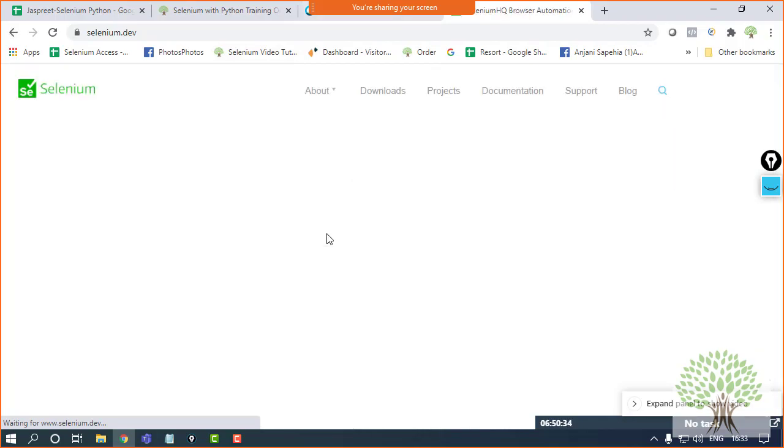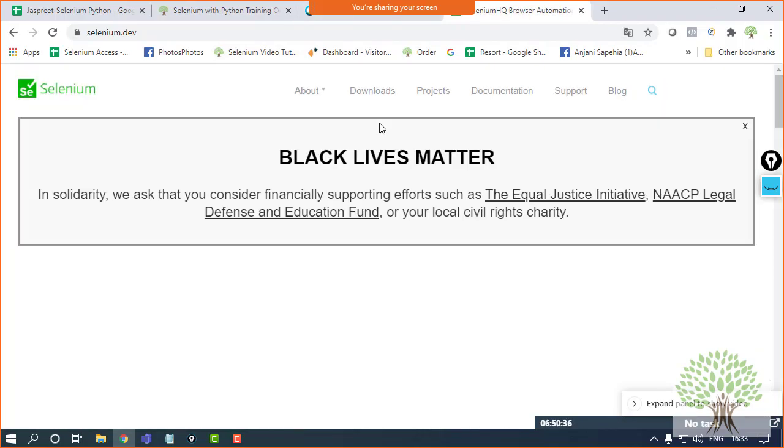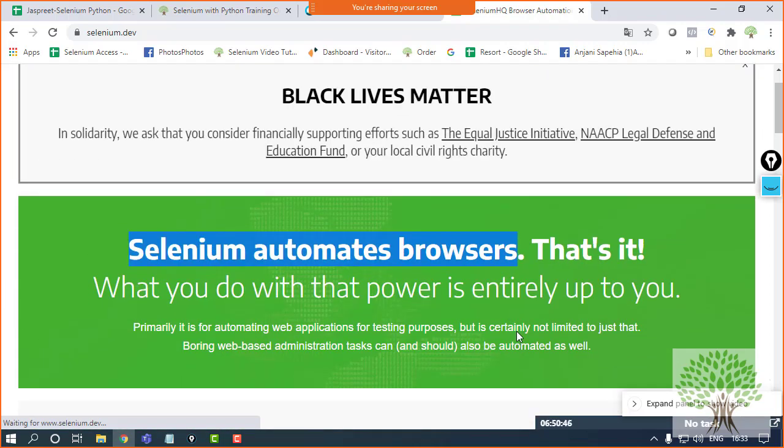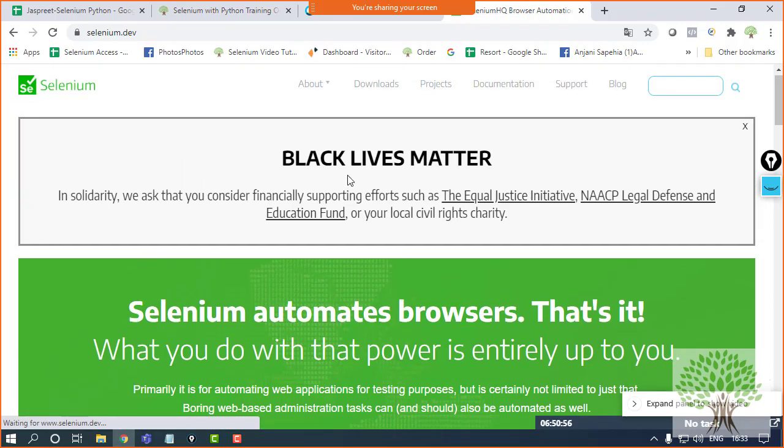Okay, it's just opening. And if we talk about how Selenium has evolved, it says Selenium automates browsers, and it also helps you automate some administrative work, like selecting things, filling up forms and all that. Selenium can help you do that.